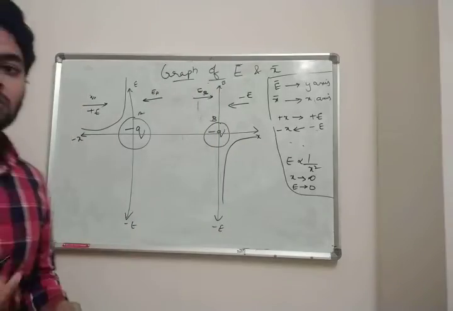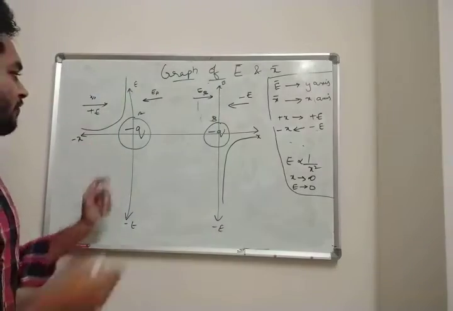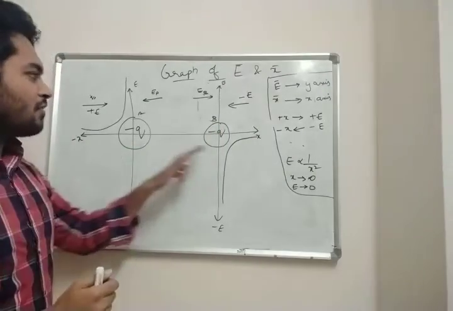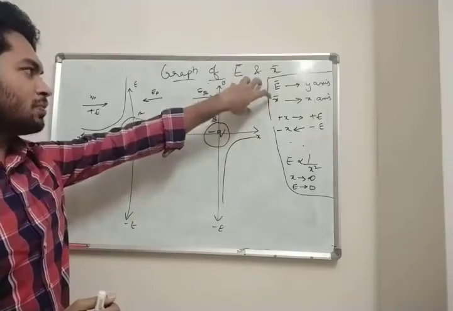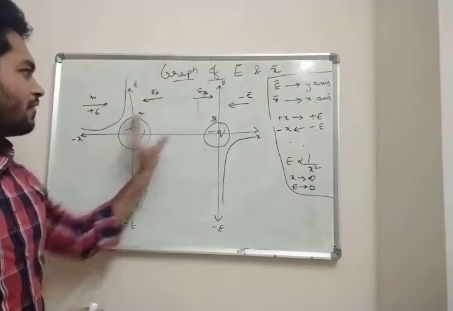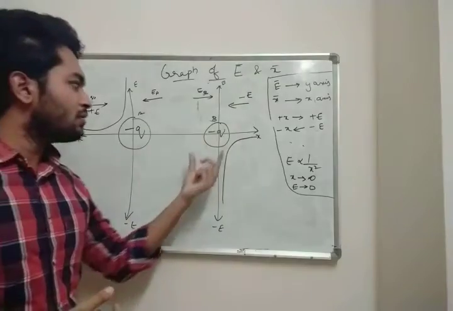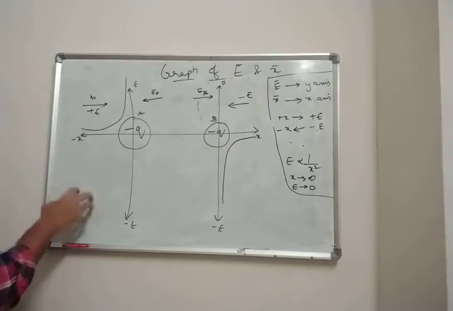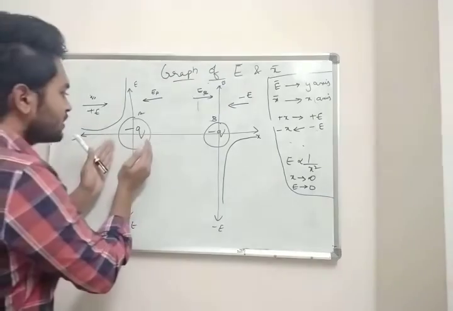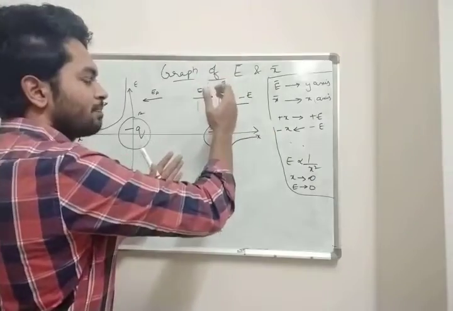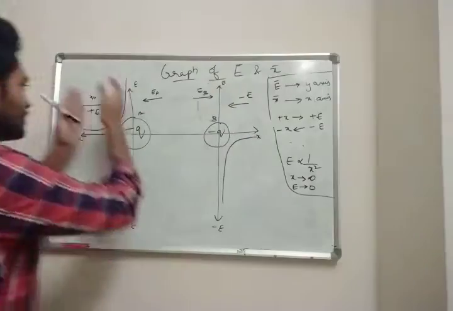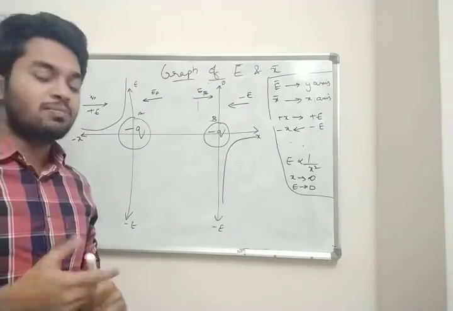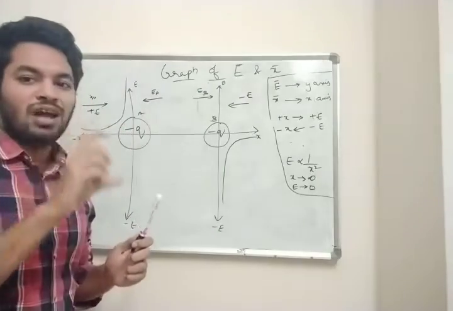Now you can also ask, will this charge affect this charge? Will A affect B? Means this position is there, right? Will this A affect this position? Till now, for this charge we have considered this space, and for this charge we have considered this space. You may get a doubt: for this charge, can this space be affected, and also for this charge, this place may be affected? No, it won't be affected because both values are small.